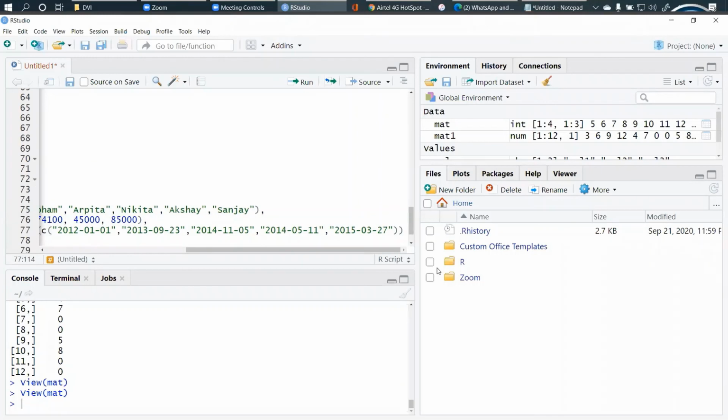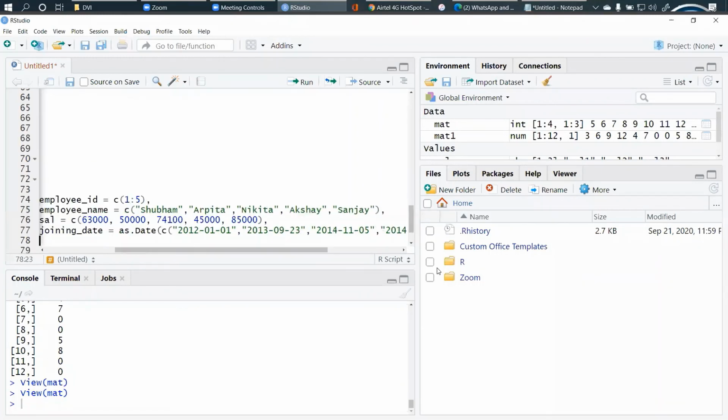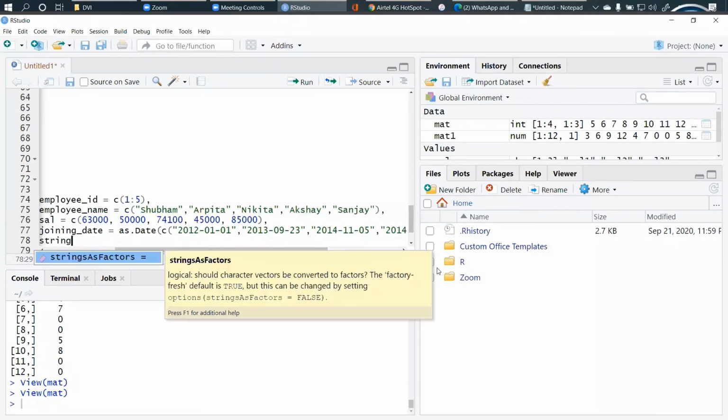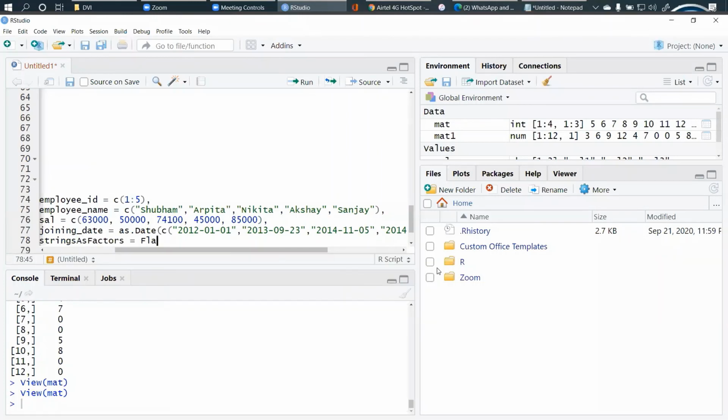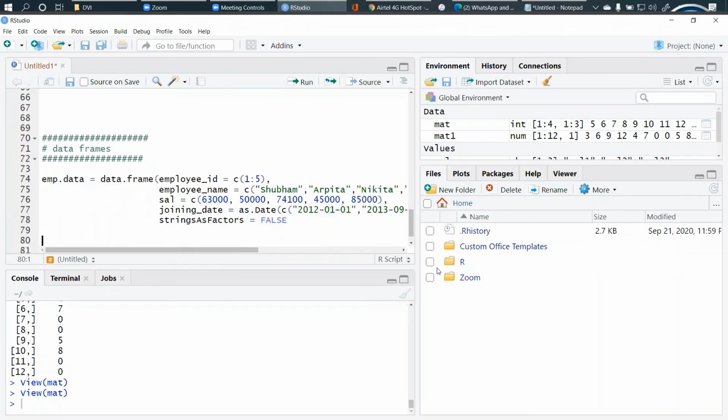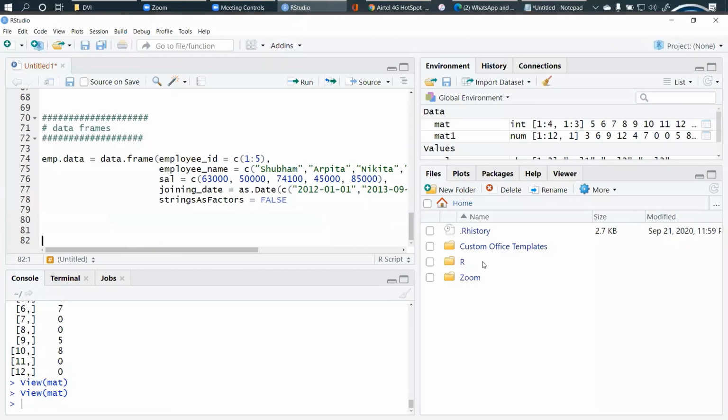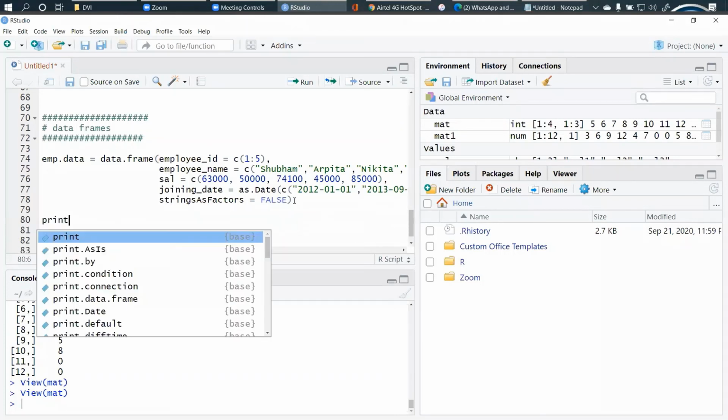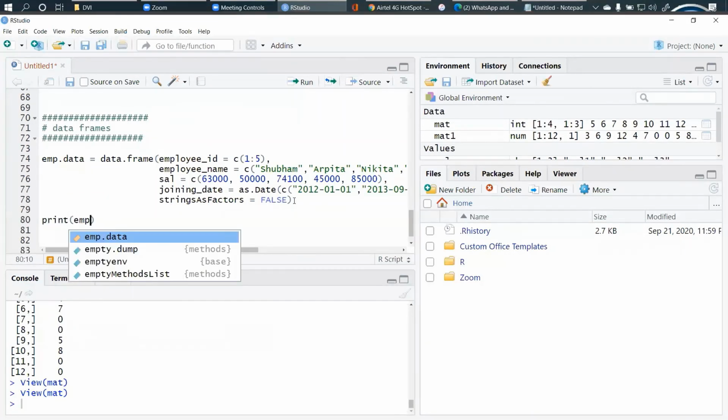It's completed. Then we need to take stringsAsFactors equal to FALSE. Close the syntax here, right? And let's print it. Print emp.data.